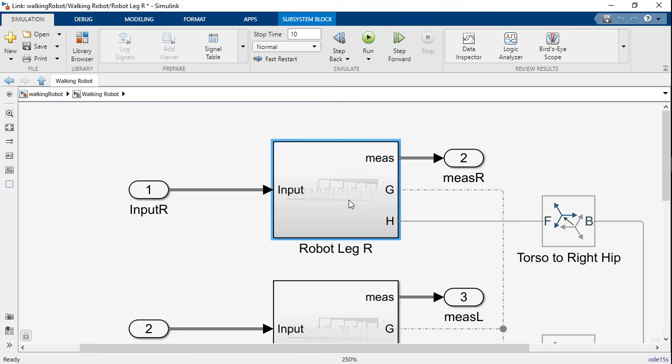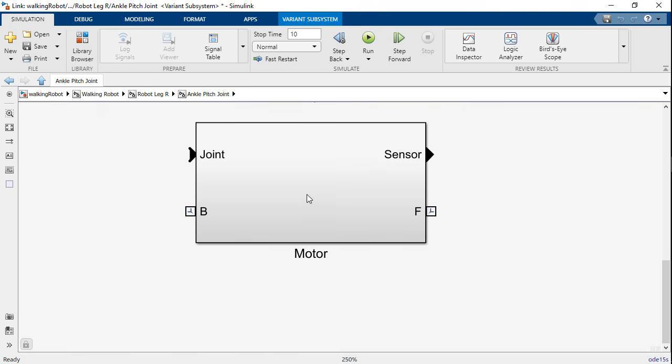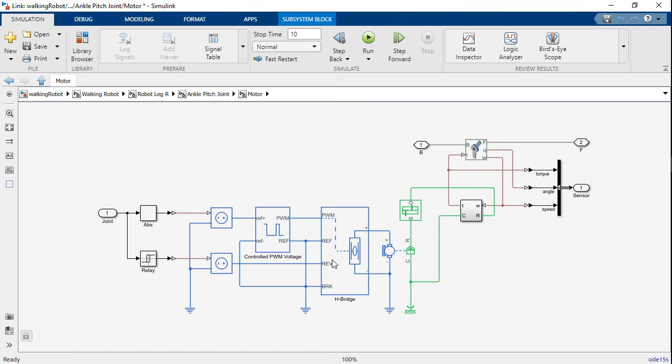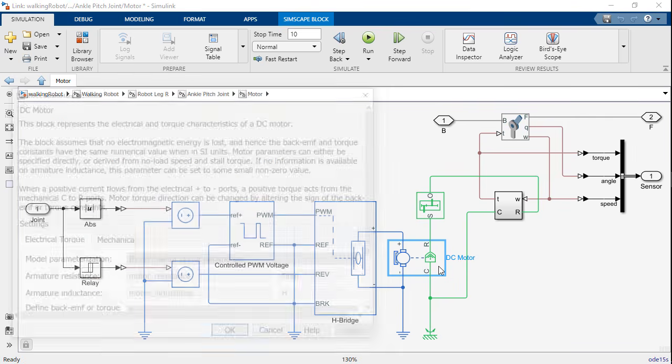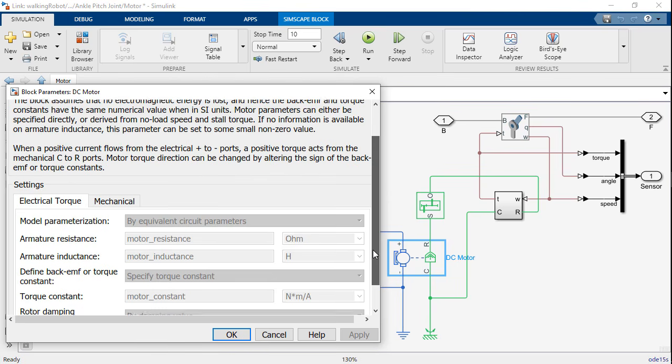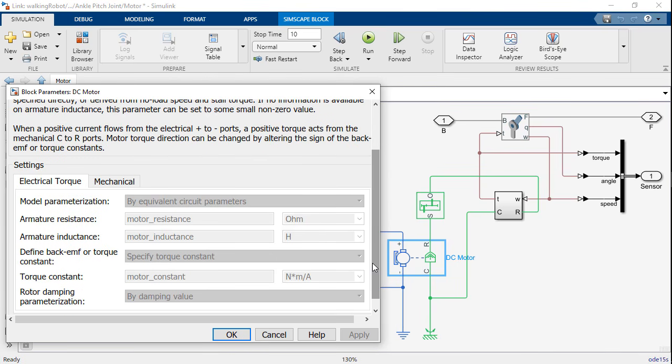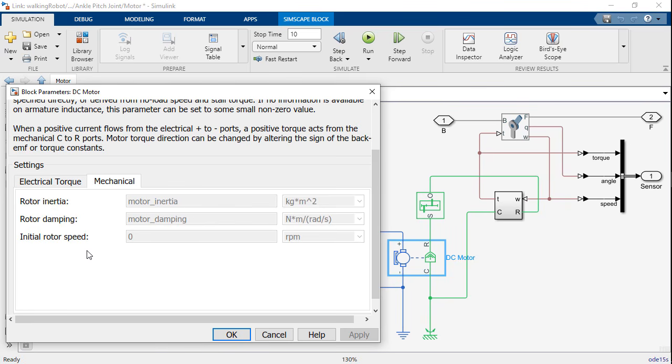if I go back to my plant model and go to one of the legs, then here now I'm in the motor subsystem. And you see that this now contains an entire Simscape network that models the mechatronic actuators. So I want to run you through what's happening here. First of all, the joint block here is connected to Simscape, particularly Simscape Electrical, in which we're using a DC motor block. And if I click into its parameters, you see that it contains certain elements like the resistance and inductance of the motor armature and an electromechanical motor constant, and on the mechanical side, properties like inertia and damping